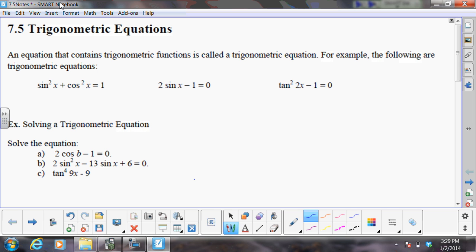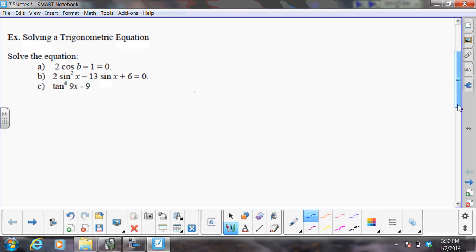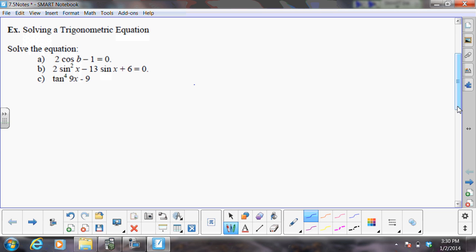All right, the first thing that's given to you is the definition: an equation that contains a trigonometric function is called a trigonometric equation. And here are some examples. Hopefully some of this you remember from last year, so you can have a grasp on what we have to do. We have to solve for the actual variable. So for part A,